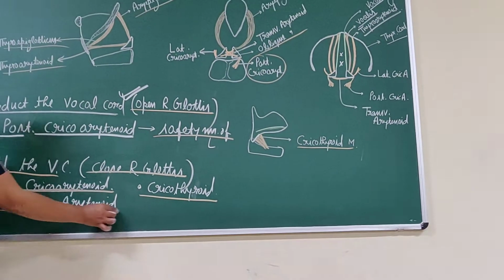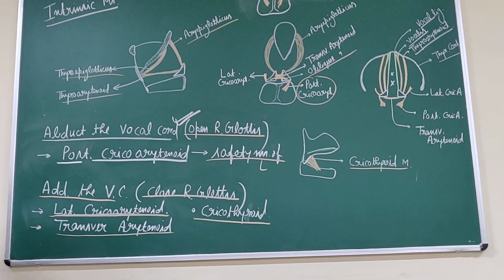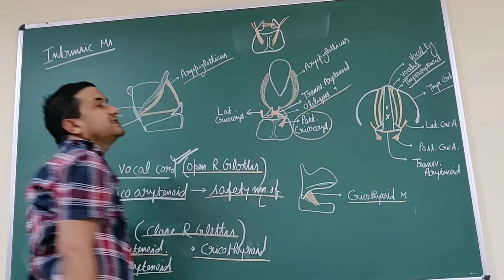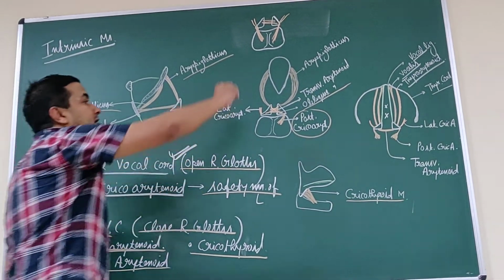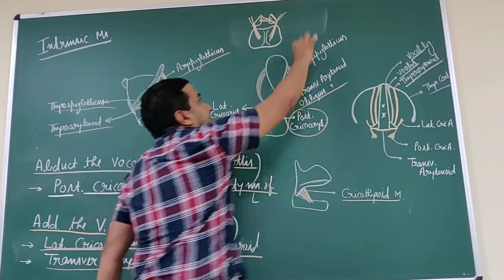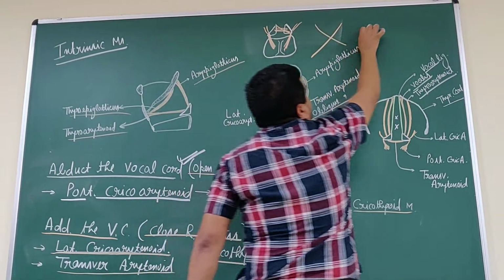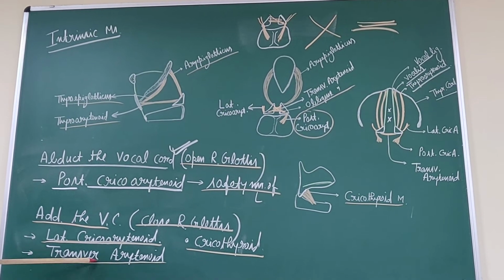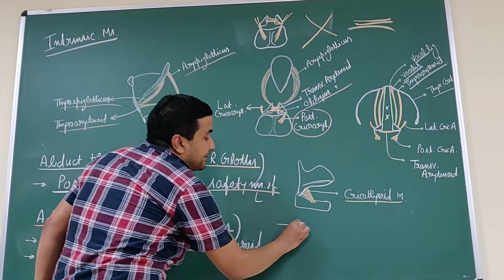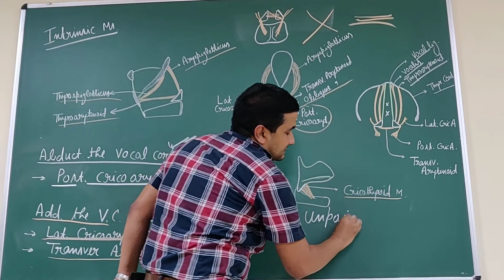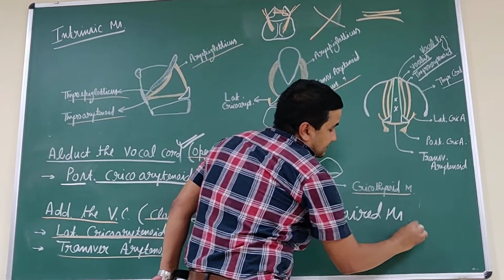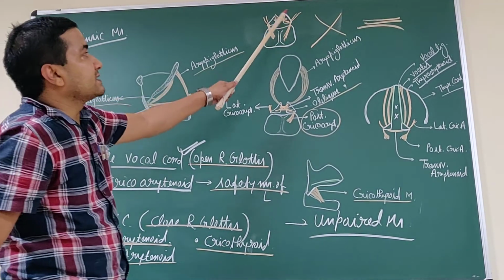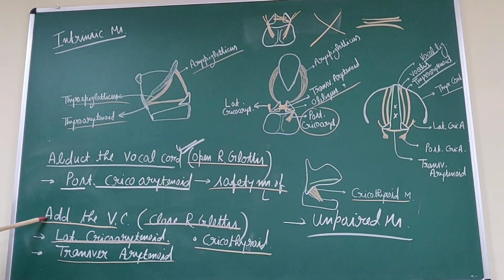Then it is the transverse arytenoid. The transverse arytenoid also connects the arytenoids, in the transverse direction. This is the oblique, and this is the transverse. This transverse arytenoid is the only unpaired muscle of the larynx. Name the unpaired muscle of the larynx: it is the transverse arytenoid muscle, and its action is the adductor of the